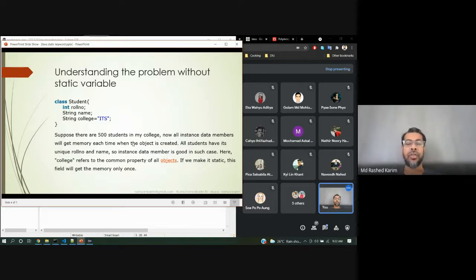So 20 bytes for 500 students, that is 20 into 5, 1,000 bytes only for keeping the college name. If you just declare it static, because it's common, it will only occupy 20 bytes, nothing else.